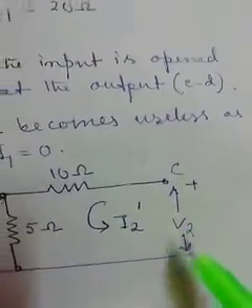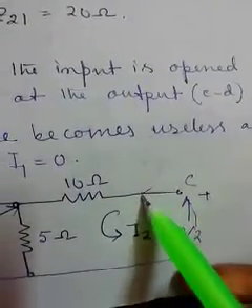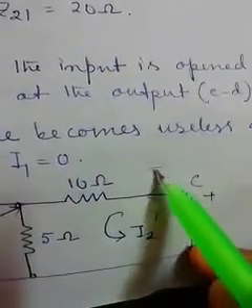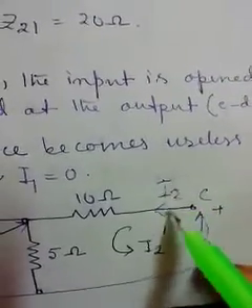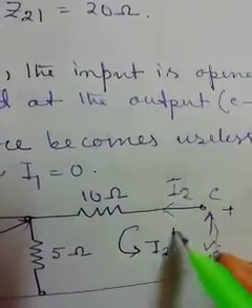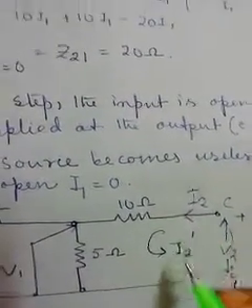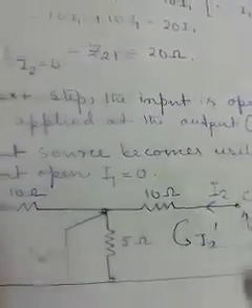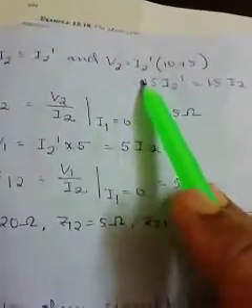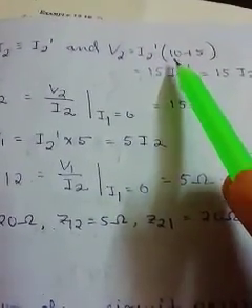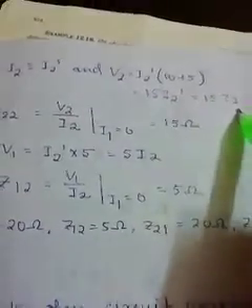Here we observe that I2 and I2 dash can be treated analogously. Here V2 is given as the supply, and we are considering that some current flows here as the original two-port network parameter I2, whose direction is the same as the current direction flowing here. In a loop more than one current cannot exist, so we can take these two currents as the same current. So if we assume that, V2 should be equal to I2 prime into 10 plus 5, so 15 I2 prime or 15 I2.